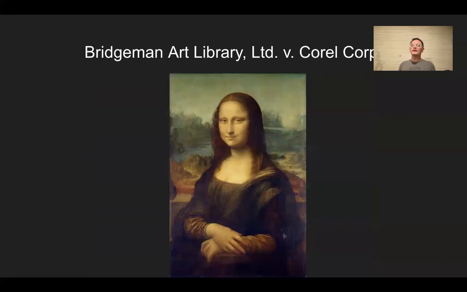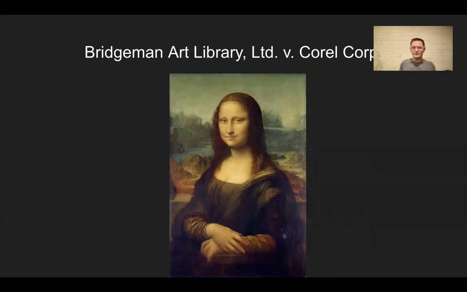Well, we see a very different approach when it comes to more mechanical forms of reproduction in Bridgeman Art Library. So what happened here, Bridgeman Art Library is essentially a company that is in the business of selling reproductions, photographic reproductions of works of art, and specifically early digital photographic reproductions of works of art. And Corel is a big software company. WordPerfect, among a bunch of other things that you probably never heard of because they were obsolete before you were even born. But in any case, Corel starts selling images, or providing to its customers images of these public domain works of art. But it turns out that these images were originally created and distributed by Bridgeman Art Library, and they sue